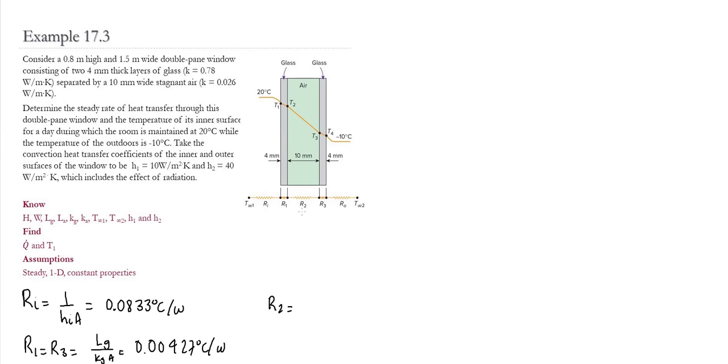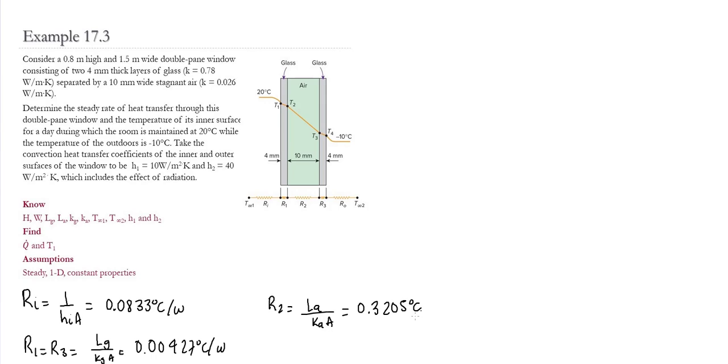We do not have convection at this moment because it says that it's stagnant, and in that case it will be free convection. So we're only evaluating the amount of conduction that takes place in the air. And we simply evaluate it as L of air over k of air times the cross-sectional area. And we evaluate this and we find that the resistance is equal to